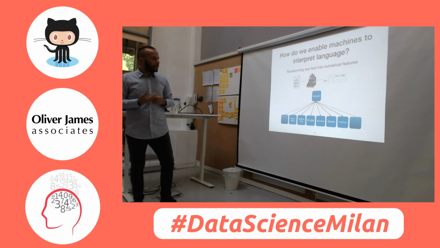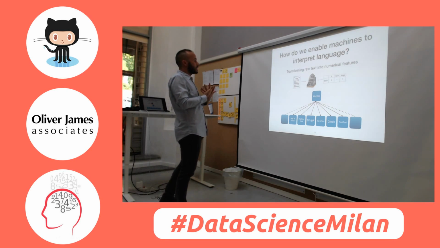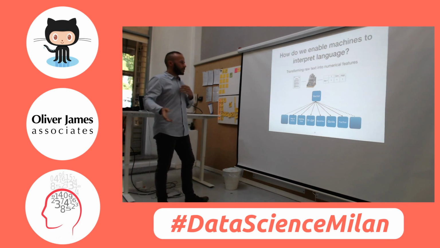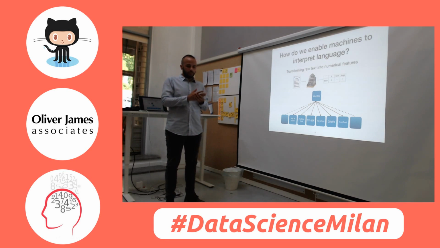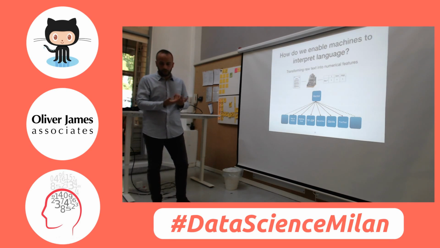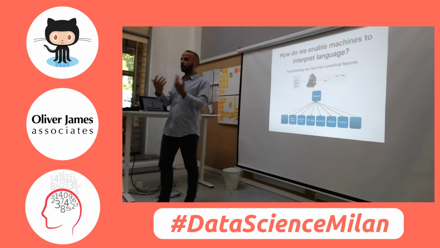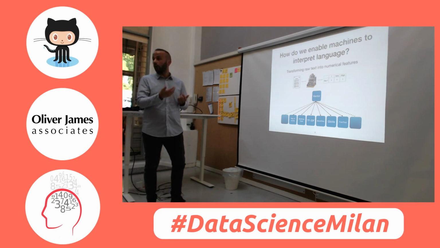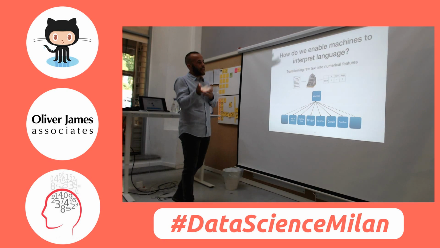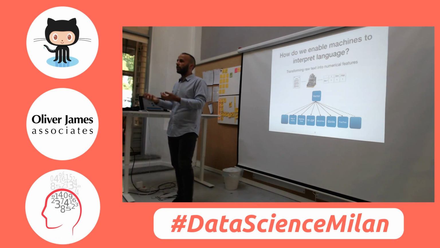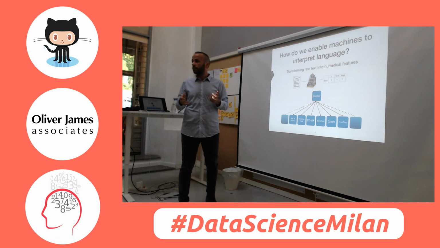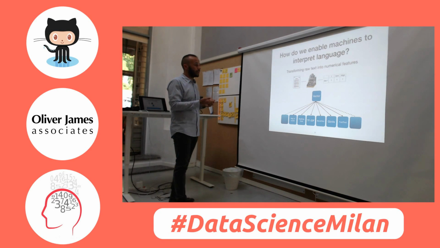So let's go to the crux of this meeting. We talked about generic things, we saw a video, we talked about chatbots and all of that, but we have to start somewhere, right? And the start is, how do we enable those machines to actually read the word data? We have to find a way to pass word data to our algorithms. What we do is transform the text into numerical features, because we all know that machine learning happens on numerical features. And there are different ways we can do that, different ways we can enable NLP.